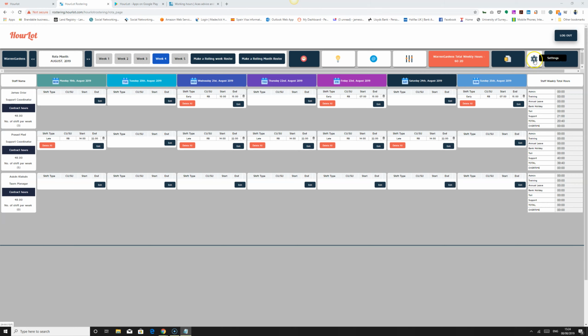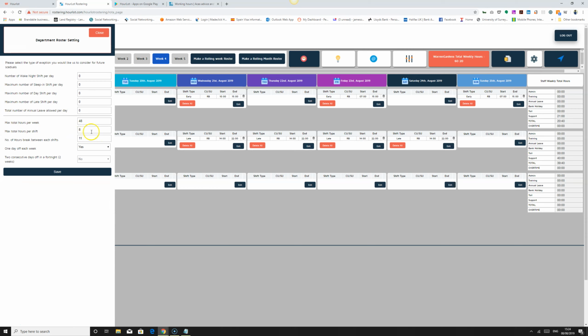The first thing we need to set in our working time regulation is, if we go to the settings, we have maximum hours per shift, which means per day. So on a particular day, what is the maximum number of hours we want to enforce that our staff cannot go over? That means no matter what, the manager should not book anybody on a shift that is more than this particular number of hours.